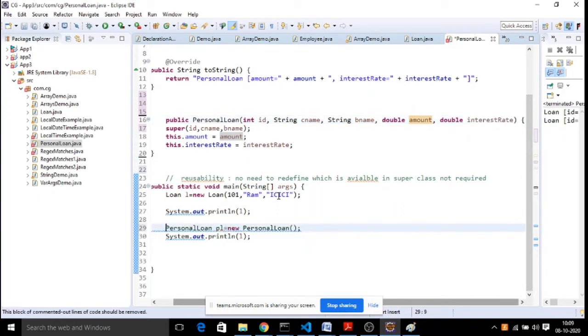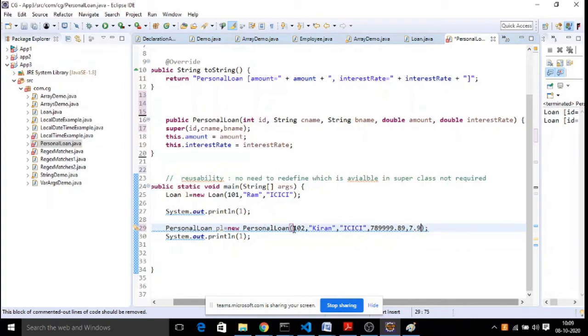Now let us create a subclass object. With the subclass object, now I wanted to send a different user, okay, with the same bank, and the amount of loan is some amount, and the interest rate is 7.9.